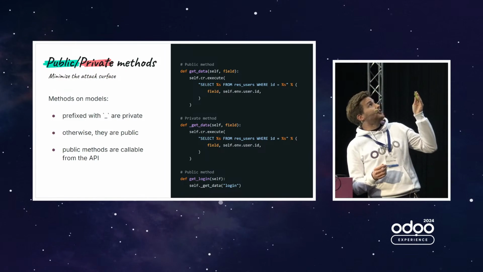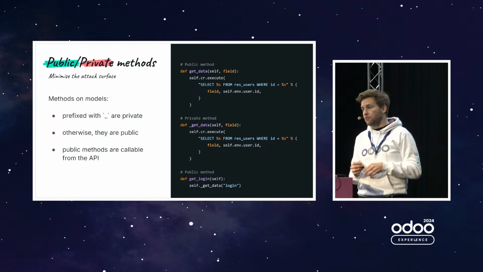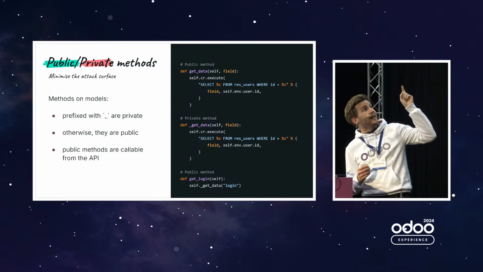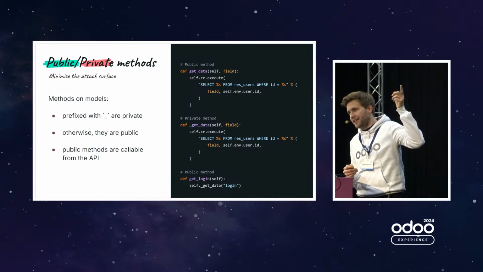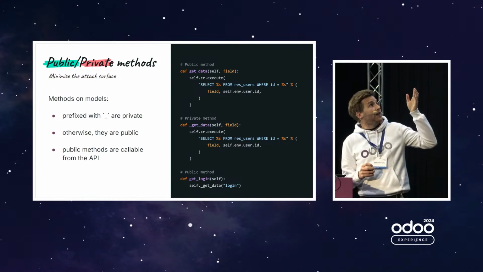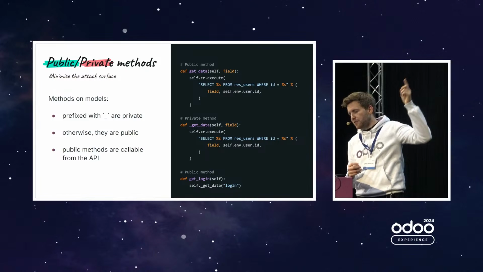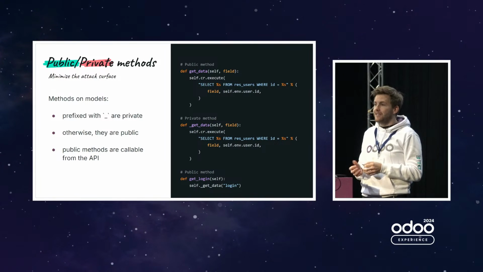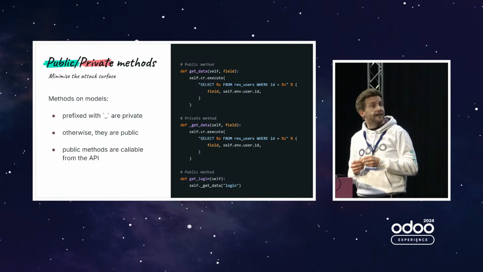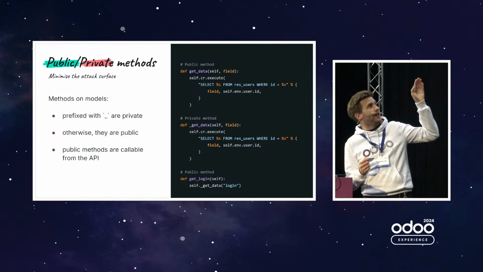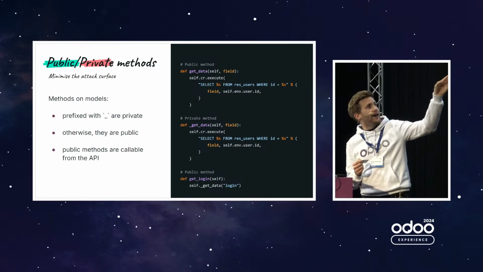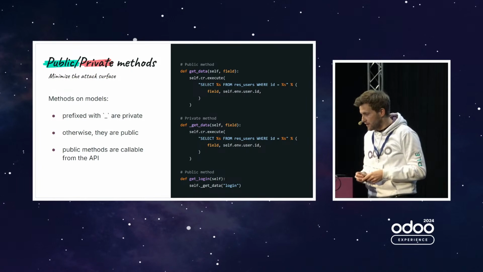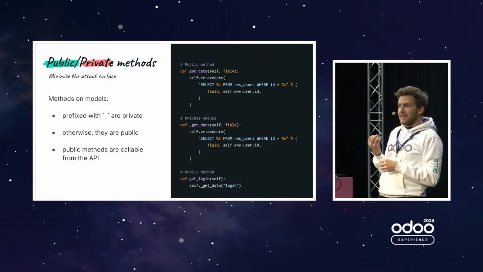And there, it's very dangerous because you can call that API publicly, so you can use that SQL injection. On the second line, there is still a SQL injection, but as it's private, you cannot directly call it from the API. So if you are not able to control that field parameter, it doesn't matter too much. It's still not good to have introduced a SQL injection in the first place, but at least it's mitigated by the fact it's private. The last one shows that you can have a public method calling a private method, and as the parameter is not dynamic but forced, the SQL injection cannot be used.